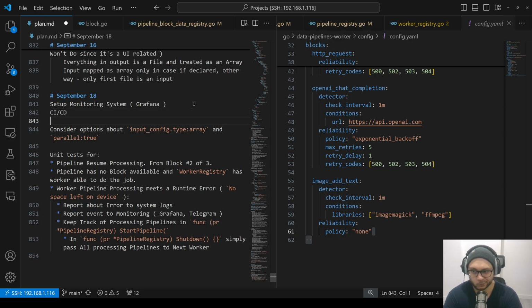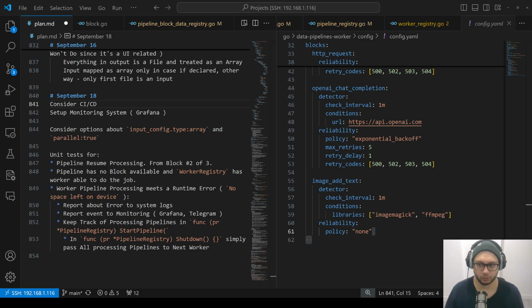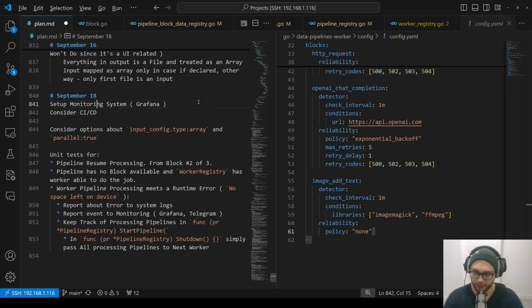And I have questions about CI/CD. Because in a perfect world, my binary should have some sort of certificate which will be issued by me, obviously. But when there is a new version of this binary, it should securely get it, ensure that this binary is signed correctly, certificates are mine, whatever, and then restart itself. This will allow me to install this binary once and forget about it. Yeah, CI/CD, beautiful. I think we'll do it later, but September 18 is about